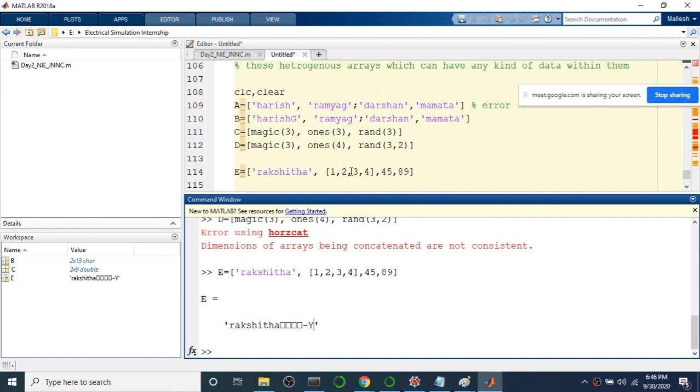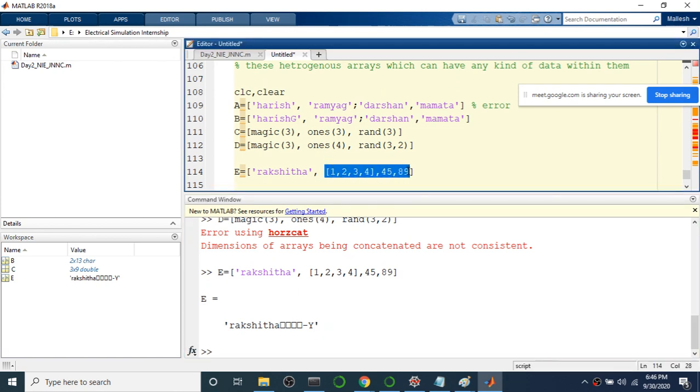So the numerical values are getting converted to their equivalent ASCII values; here it basically uses Unicode.